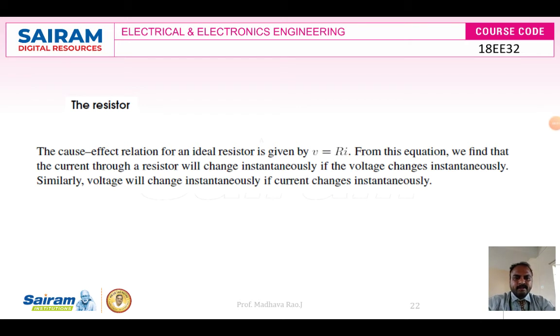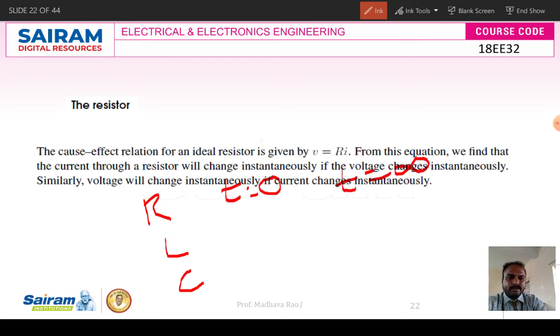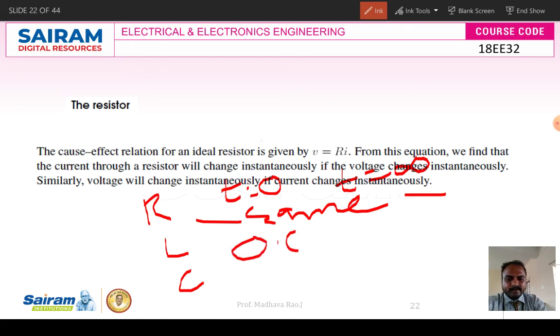Here we will discuss all the elements, resistor, inductor, capacitor, at t is equal to 0 and at t is equal to infinity. The resistor is the same for both conditions. For an inductor at t is equal to 0, it acts as an open circuit, and at t is equal to infinity,